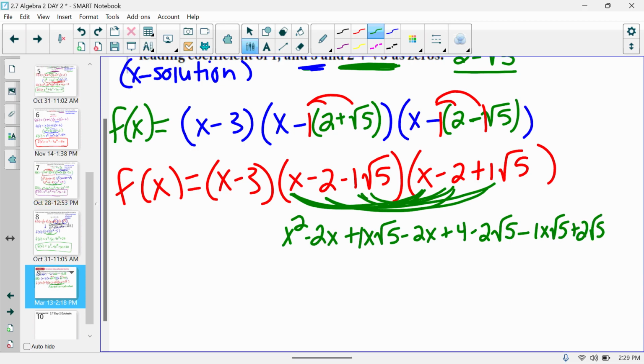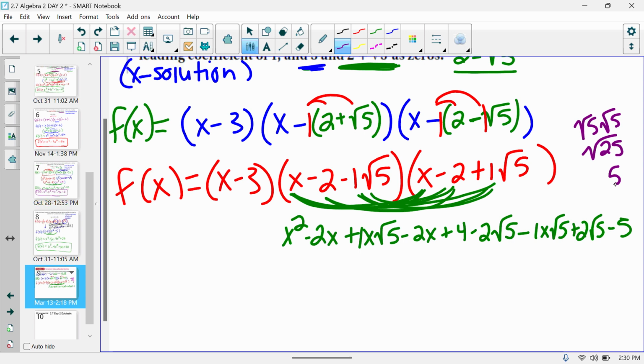And then -1 radical 5 times +1 radical 5 is like -1 radical 25, but that's just 5, right? Again, I'll show you off to the side. Radical 5 times radical 5 is the same as radical 25. It's just 5, okay? So you're going to have, it looks so long, it's got 9 parts to our answer,